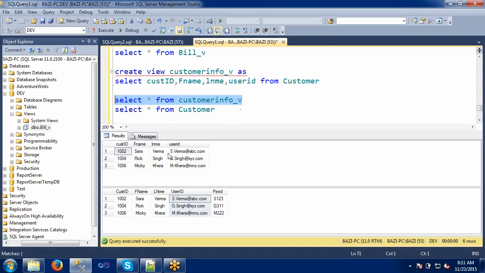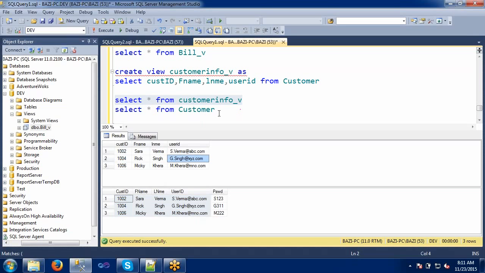But in this display, the data is taken with reference to this table only. The actual data is here, and this is the virtual data. That is what I mean to say. And here, create view customer underscore v as select customer ID, first name, last name, user ID from customer. I didn't understand those two lines.